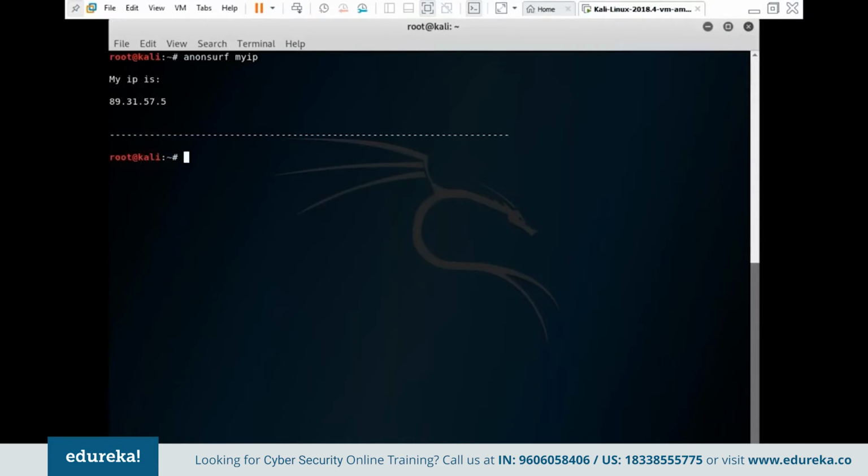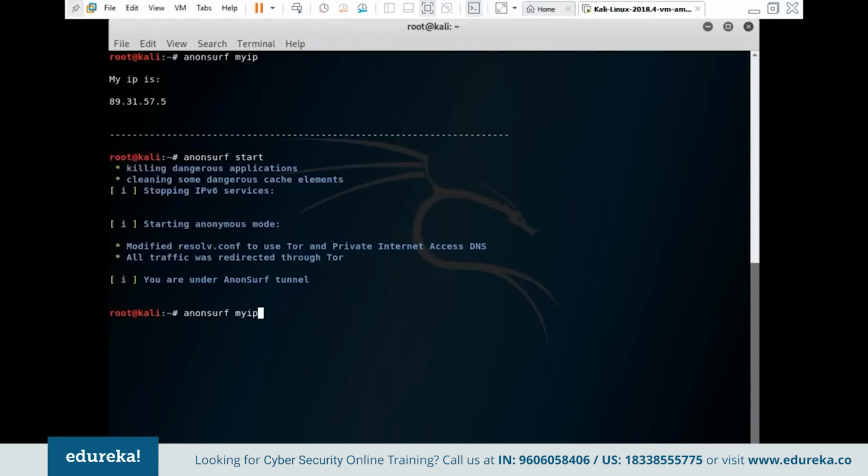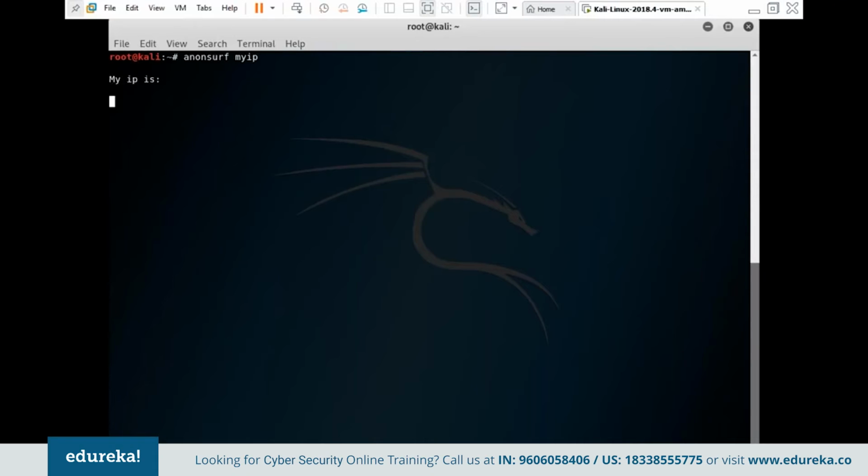You can do this again. Let's say AnonSurf start, and let me check my IP this time. Okay, let me just use change here. Haven't changed, right? Change. As you can see, it didn't work here because I just started without stopping it before, so I've been assigned the same IP which was there before. So change. Yeah, it's forced to change the nodes. Let me clear the stuff here. And my IP. As you can see, the IP address assigned to me is different this time.